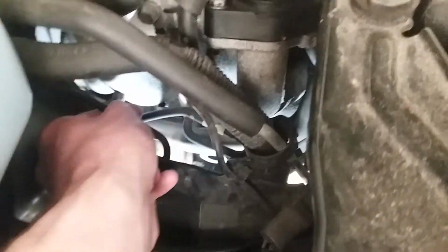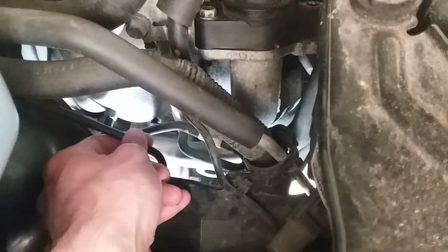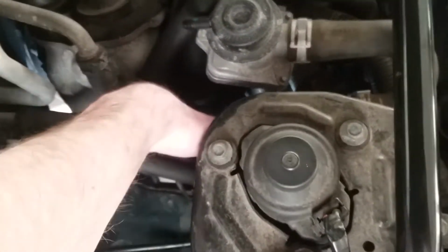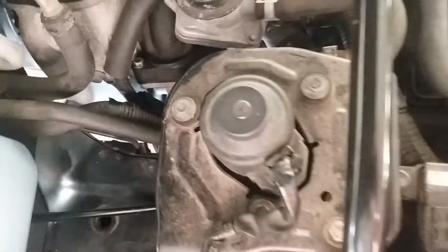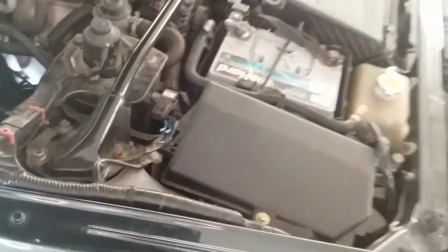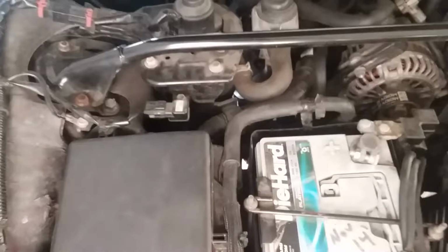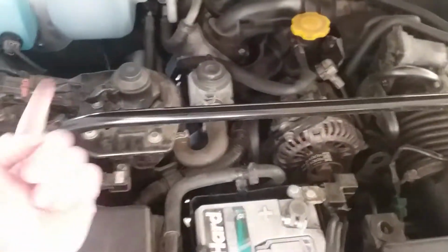This is a hard line for what I believe to be the brake cable, and I might reach it from the top end in between here with a long wrench, once I get, of course, this out of the way to get some turn on it. So I'm gonna start by just removing the strut brace, a couple bolts each side, getting that